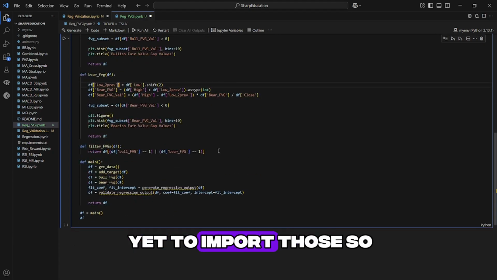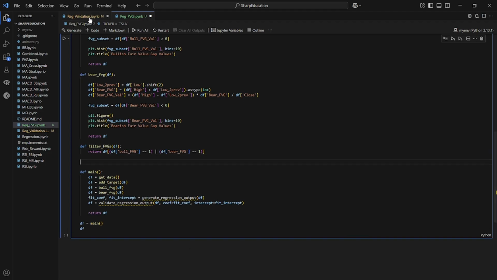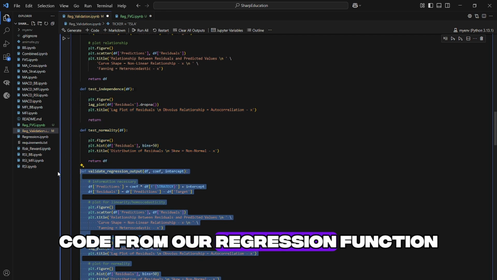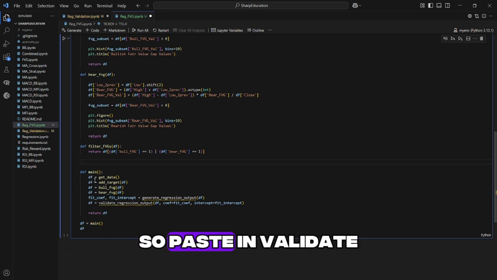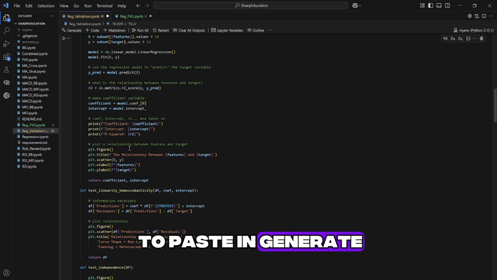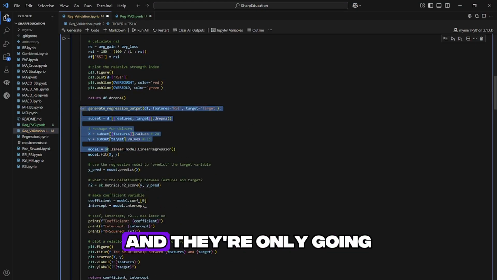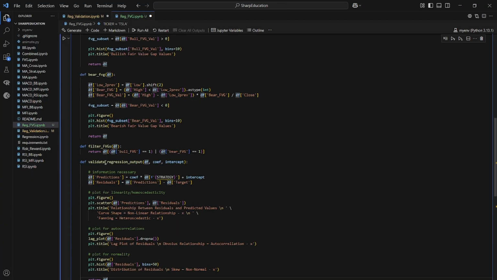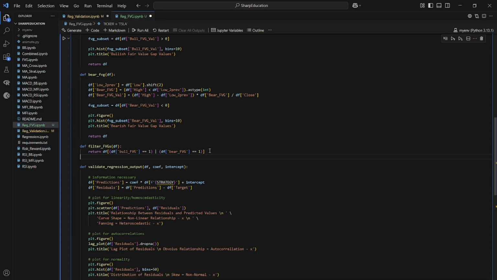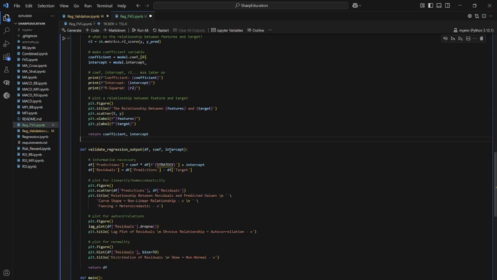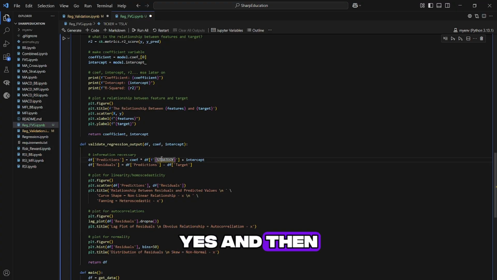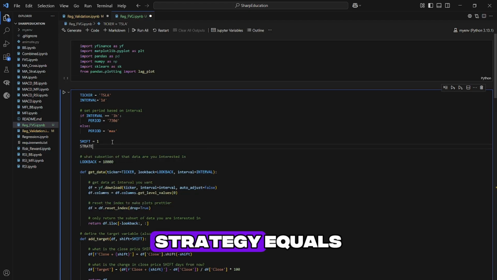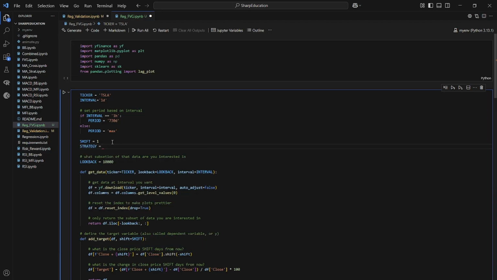We are yet to import those, so we're going to do the same code from our regression function. So pasting in validate, and we also need to paste in generate. So these are longer functions, and they're only going to get longer. I warned you. Yes, and then strategy is what we're going to make as a global variable. Strategy equals